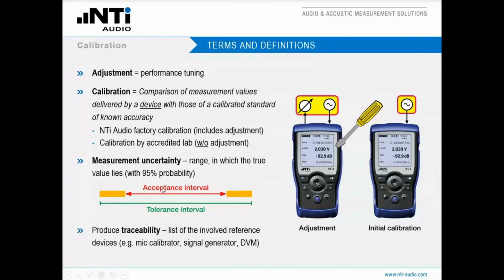And another very important term, I already mentioned it, is traceability. I have been mentioning several times these external instruments that we are using for an adjustment of our calibration. So it is, of course, essential that these instruments are by themselves calibrated as well. And this calibration must be documented, and that gives us the traceability. So whatever we do with our test instrument, we can refer to a calibrated external device, so we can trace the result that we have acquired versus the correctness, the performance of these external devices.